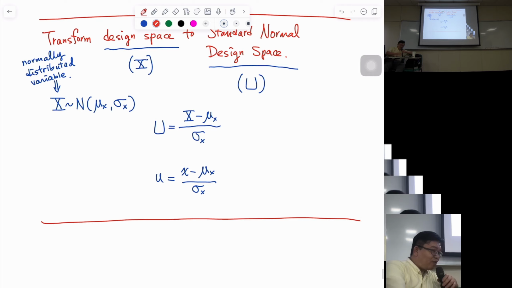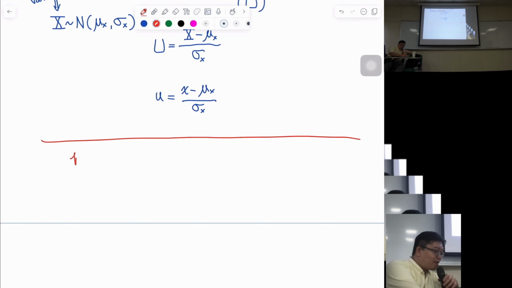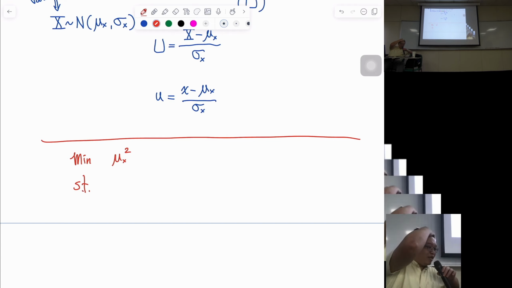So let's say we are solving, minimizing, we have, for the adjoint function, I think we will just use the mu x squared. For the adjoint function, we don't care about the distribution. I just want the mean value. I want the mean value squared to be the smallest. But for the constraint, what's going on is